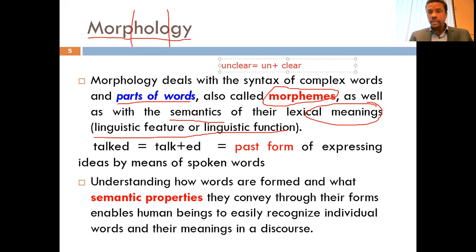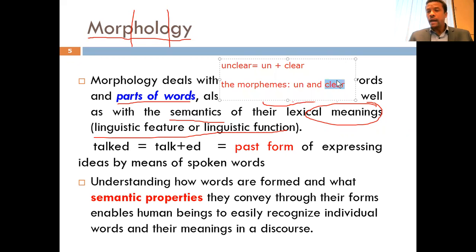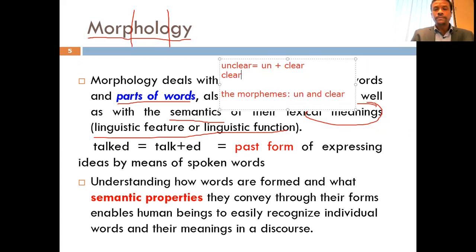One of them, which is clear, has a lexical meaning, a meaning from the dictionary. Whereas the other morpheme, mind you, both are morphemes. One thing you have to understand is that the morphemes here are un and clear. Both are morphemes, but clear has a dictionary meaning. The other, un, has a linguistic function, and that function is to make the word negative. Because without un, the word is going to be clear, which means